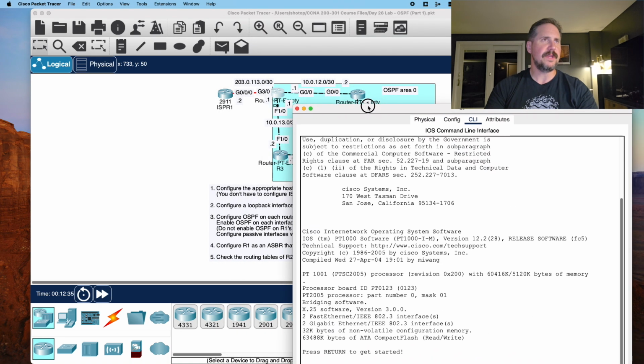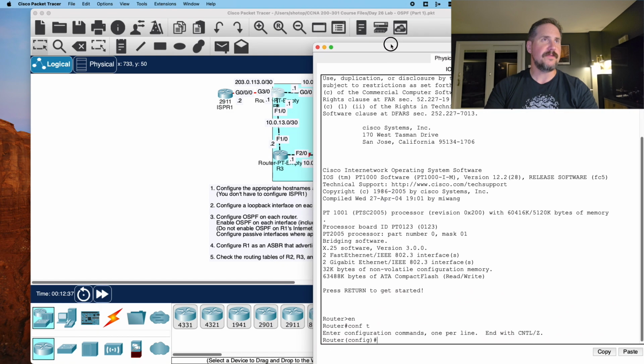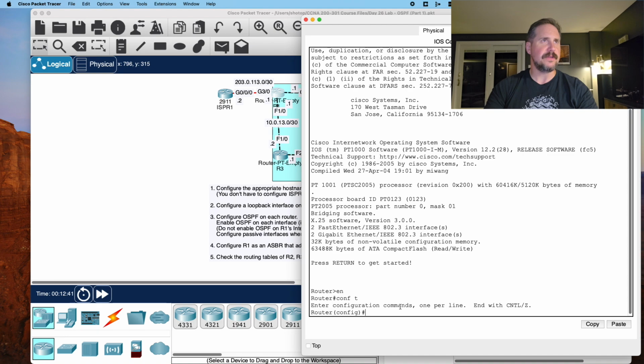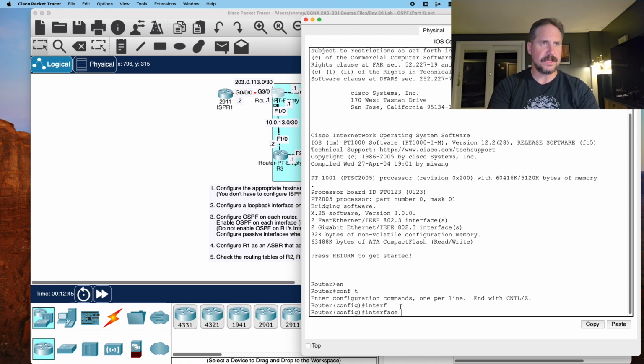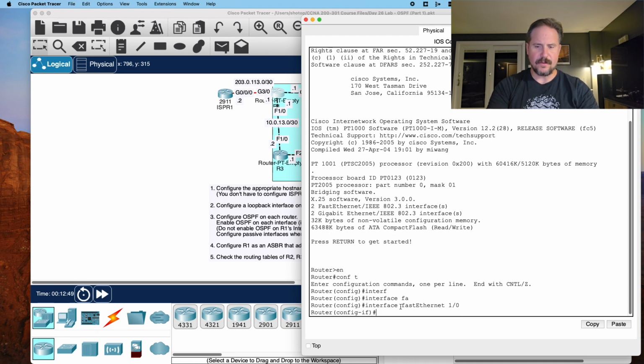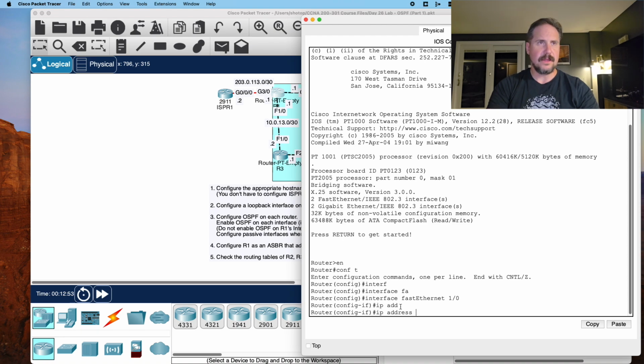First we want to configure F1/0. It has 2 interfaces that we actually need to configure. So interface FastEthernet 1/0. All right, and then IP address, and this is going to be 10.0.13.1, and it's